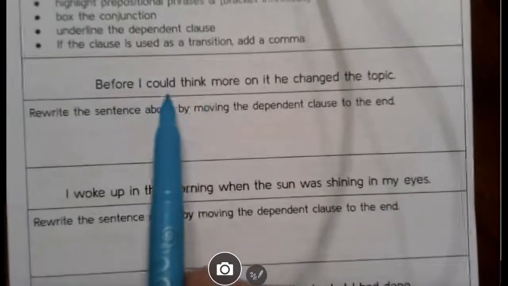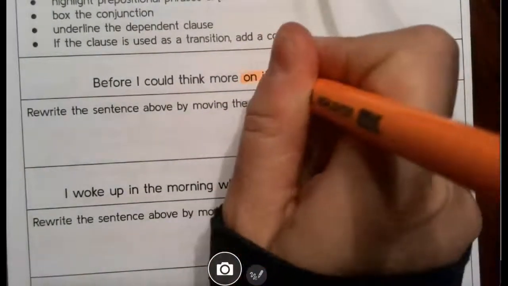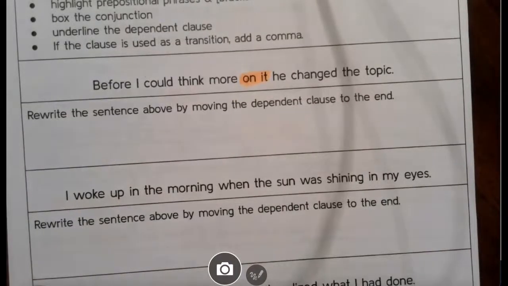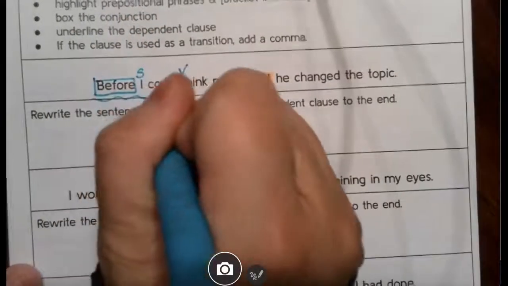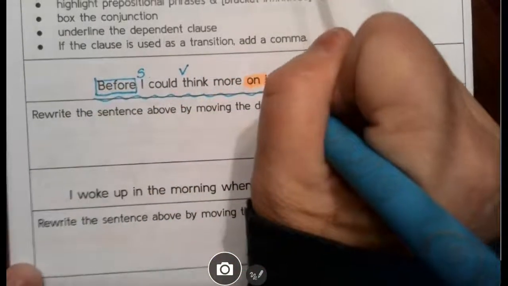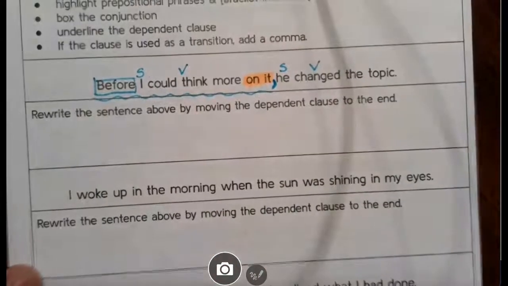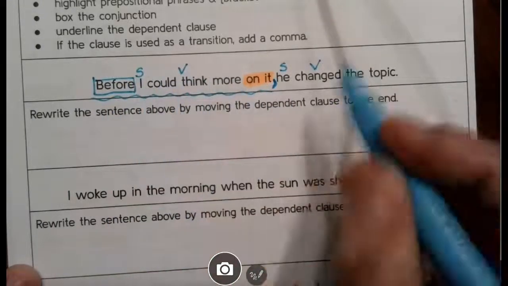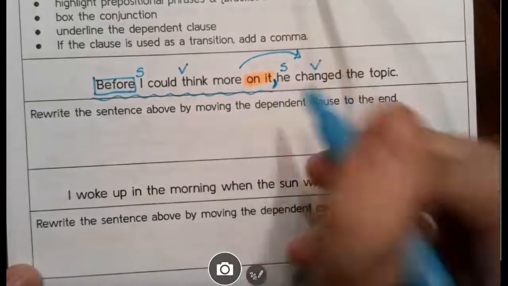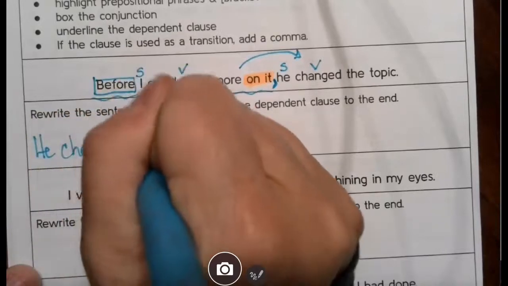So it says, "Before I could think more on it, he changed the topic." Get rid of my phrases, "on it." Look for my subordinating conjunction, "before," has a subject and a verb, "I could think," and there's my dependent clause. Before I could think more on it, comma, because it's at the beginning, he changed the topic. Now it says rewrite the sentence above by moving the dependent clause to the end. So since it's at the beginning, we're going to switch the order. We're going to start here with "he changed the topic"